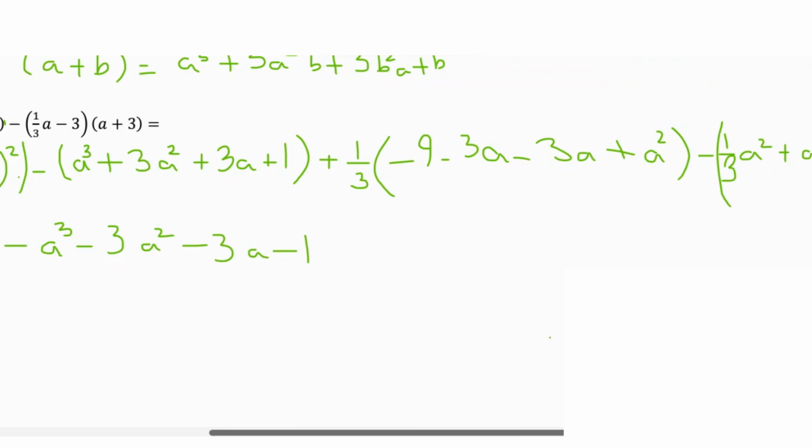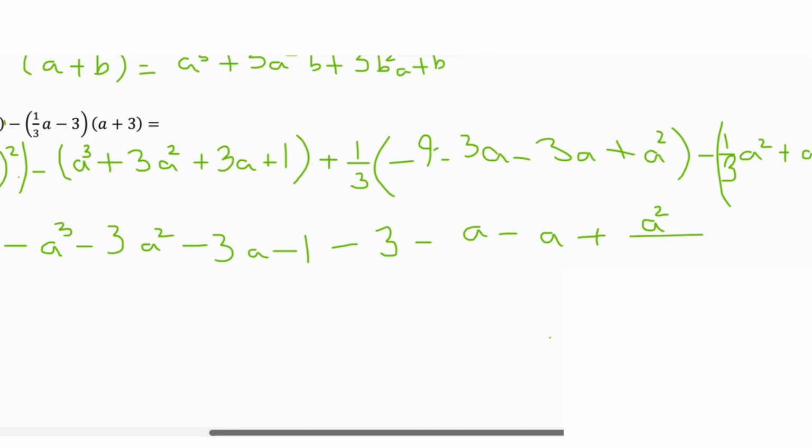3 and 3 is 9. So we can also open it up. It would be negative 3. Forgot to put an a here. Oh, okay. No, that is just negative 3. And that is just negative a. This 3 and this 3 cancel out with each other. And this would be just negative a again. And this would be plus a square